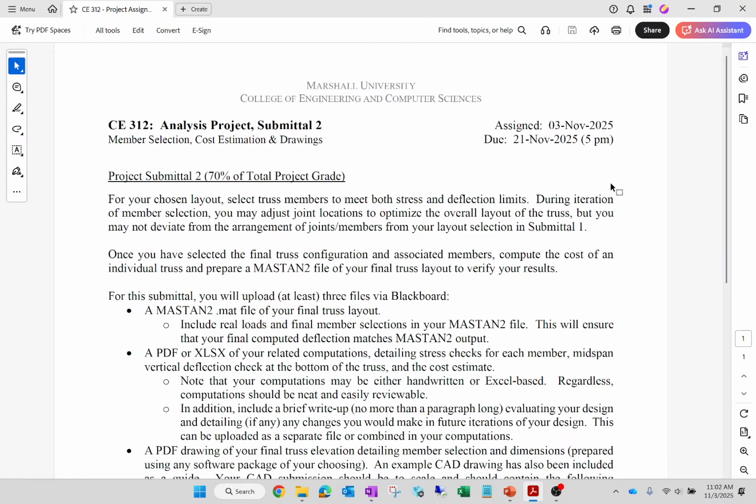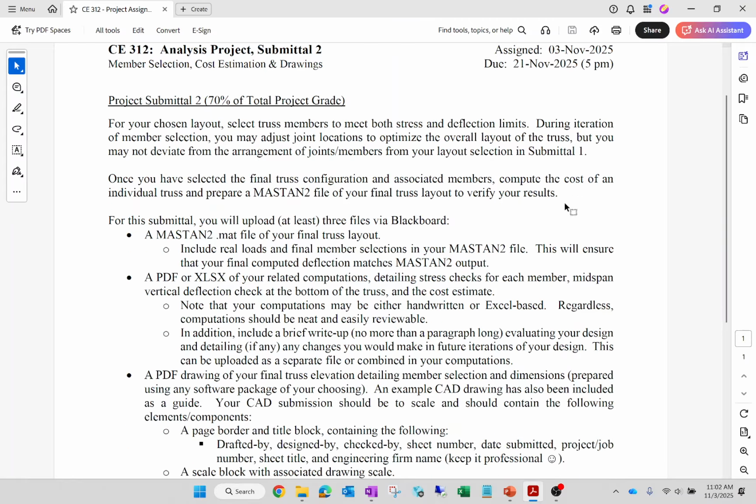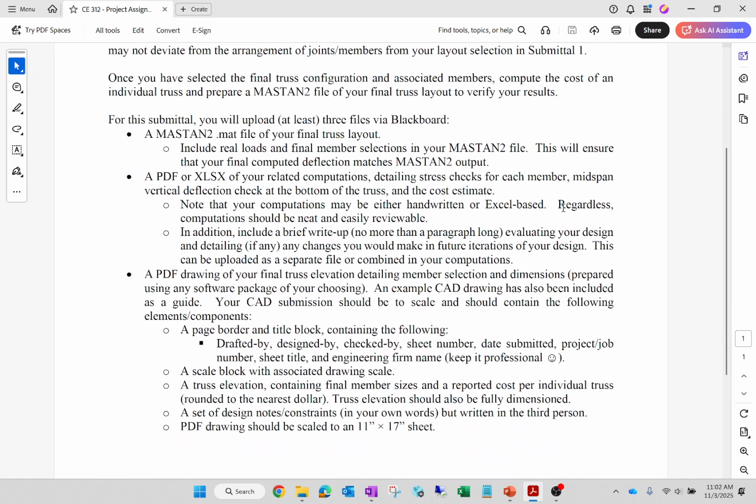So I'm going to start off by describing the drawing. I gave you on Blackboard an example truss layout, so you've got something to follow. For the drawing, I want it submitted as a PDF, and regarding what I want on it, here's essentially the checklist I'm going off of. And again, I gave you an example. I don't care if you use AutoCAD, I don't care if you use MicroStation, it doesn't matter to me, as long as I get a PDF drawing at the end of the day,